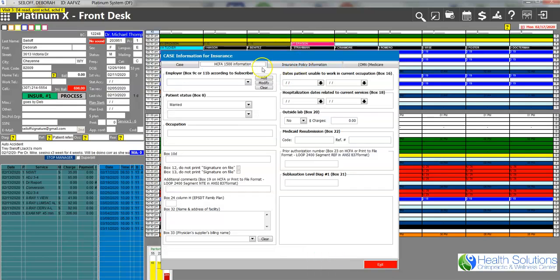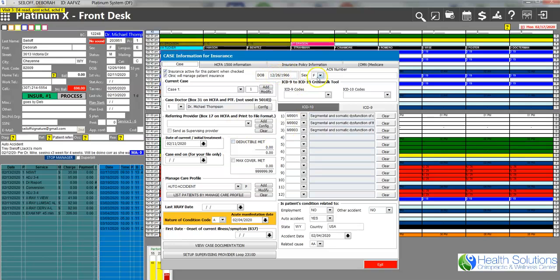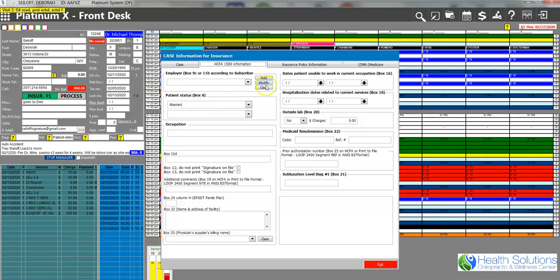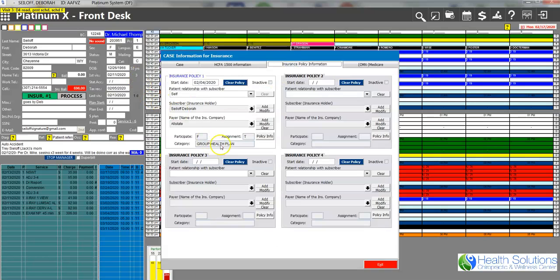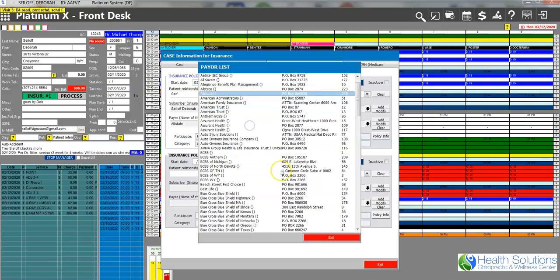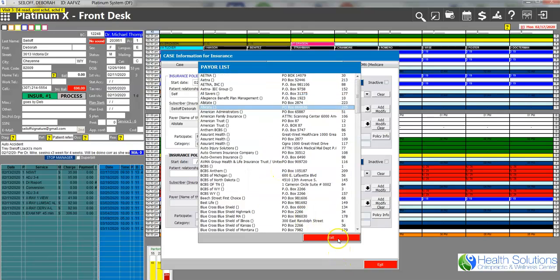The rest of that stays the same. You want to make sure date of birth and sex are filled in, whether the patient's married or single, and then this part. So you may not have the patient's auto insurance listed on this list here, and I went through briefly how to add